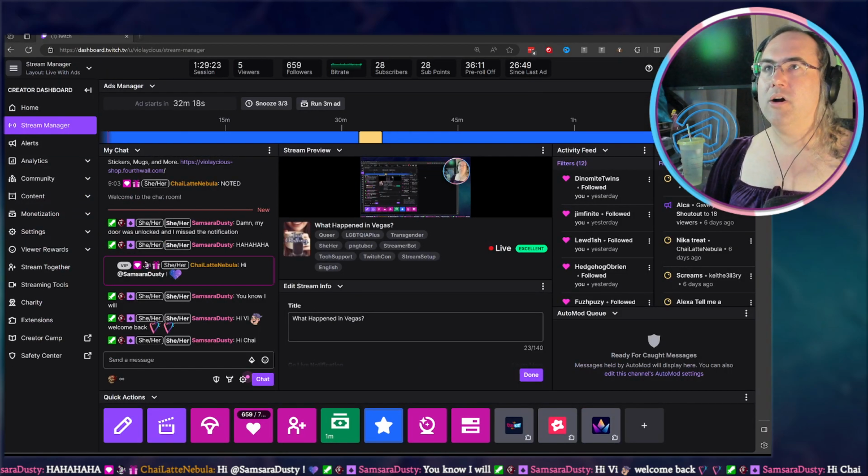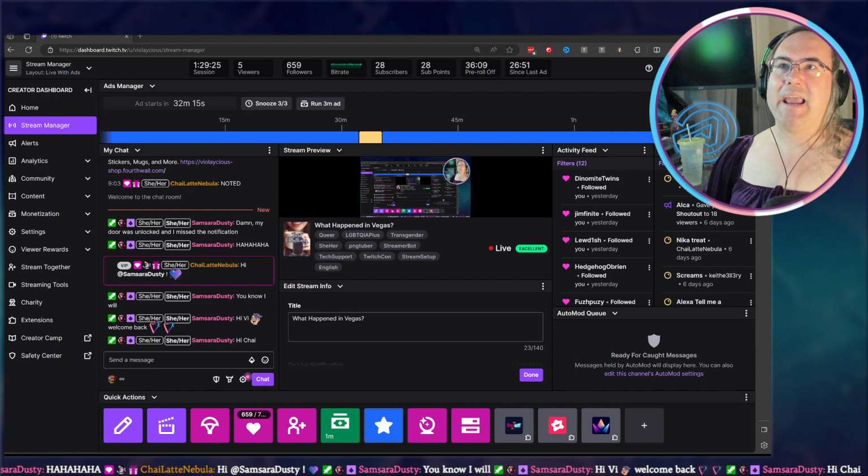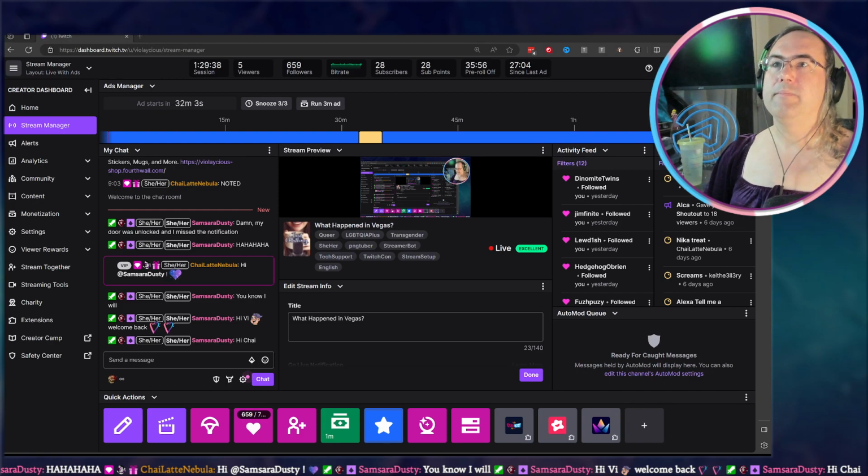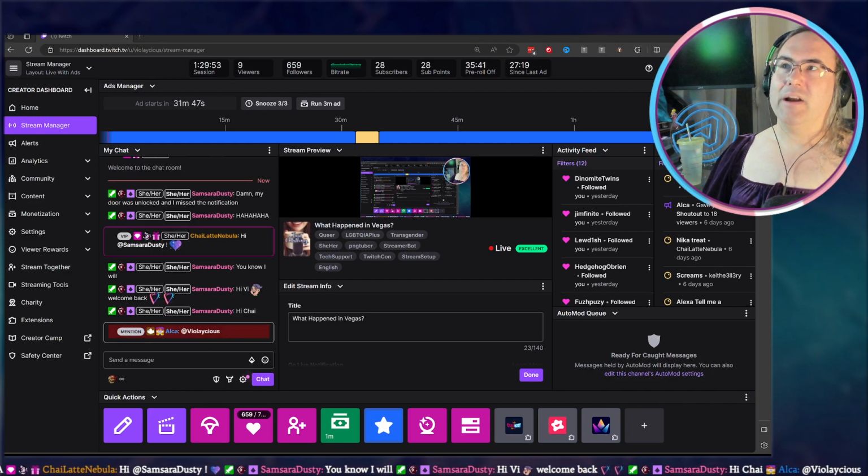And we're going to pull OBS up here onto the screen, make it panic just a little bit. Go to your docks, click on custom browser docks and add ad manager 2. Paste that URL in over here and apply. And all of a sudden you have a dock for OBS that is your ad manager. It includes a clickable snooze button, a run ad button, and shows you what's going on right now. And remember, running that 3-minute manual will remove an upcoming auto ad right there.